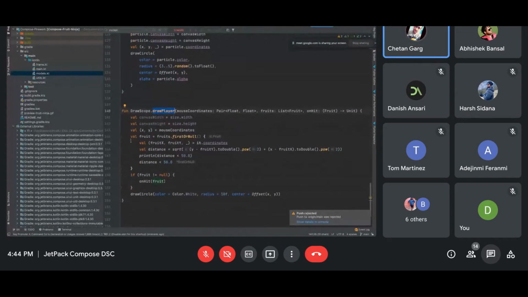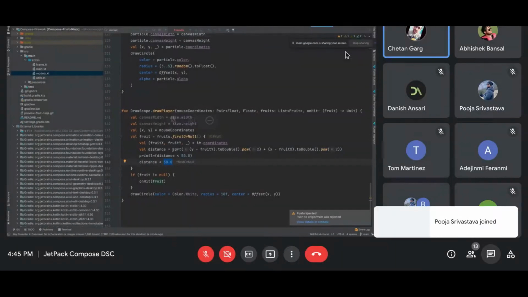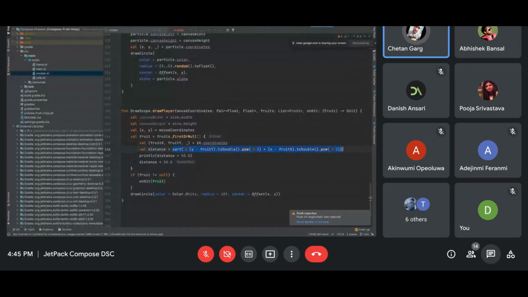This white dot is responsible for calculating the distance between it and the fruit ball. So you can see what I'm doing. I'm getting the fruits from outside, the entire list from the parameter. I take that fruit list and find any of the items. I say give me first or null, give me any fruit whose distance is less than a specific threshold. So this is a distance formula. If you don't know it, you subtract their x and y coordinates, power it by 2, and do a square root. It will give you a distance. This is the distance formula, right?